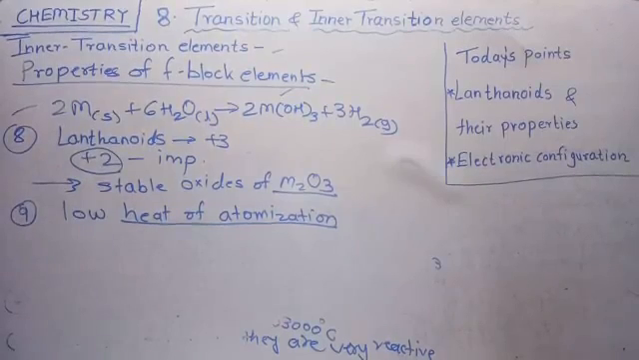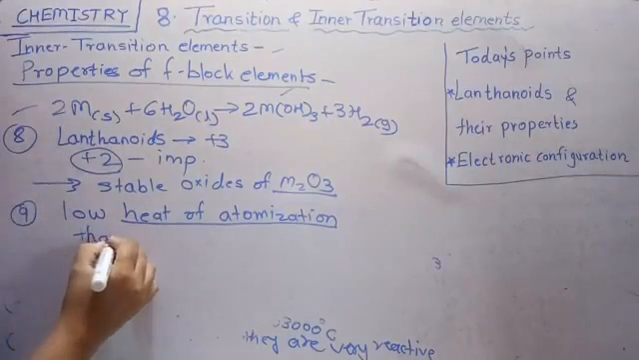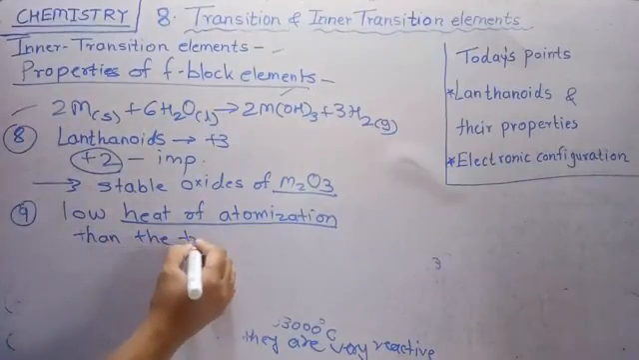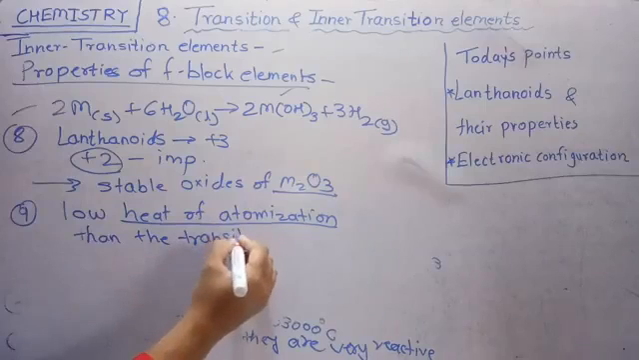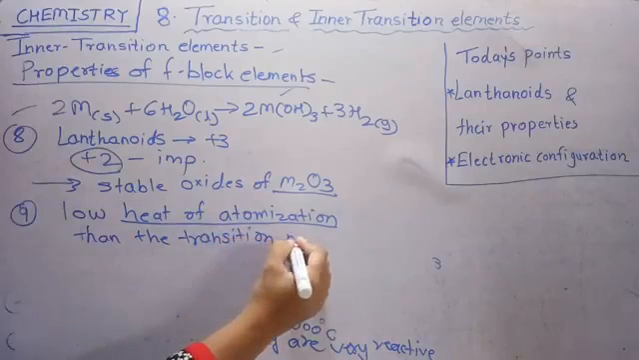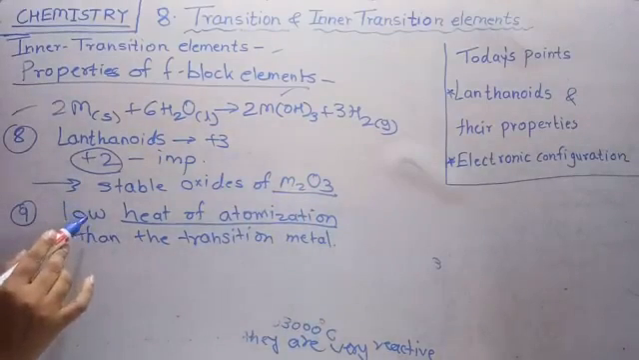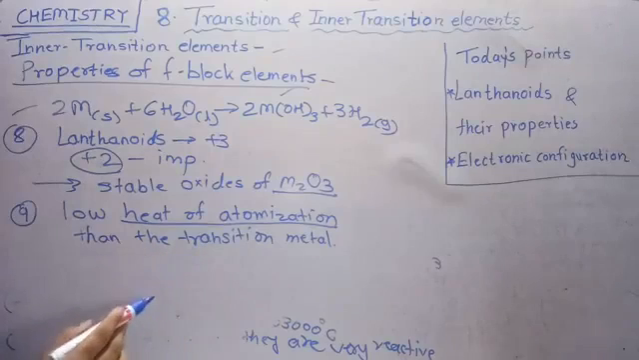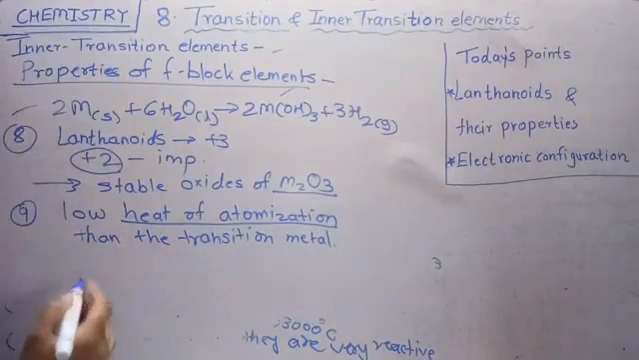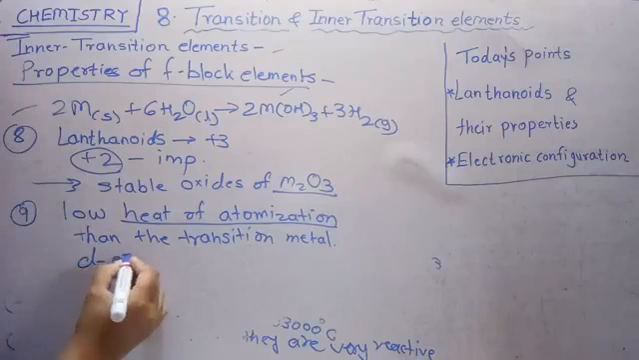Why do they have the lower heat of atomization than the transition elements? Because in the transition elements, the valence electrons are present in the d orbital, and this d electron